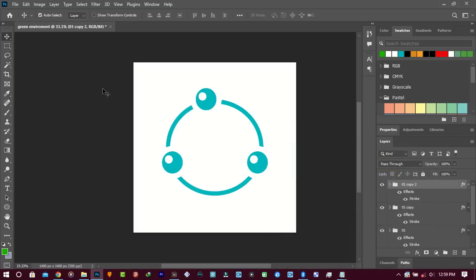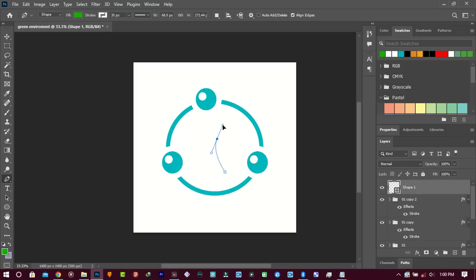Now I want us to grab the pen tool, leave it at shape. Now I want us to click here, here,